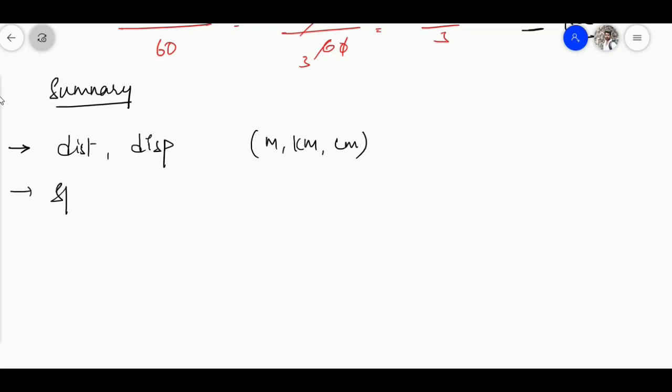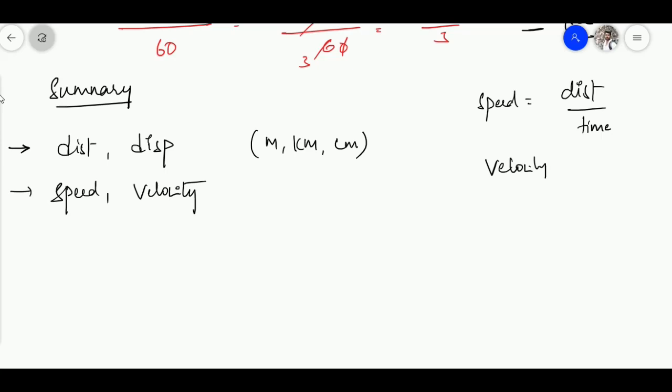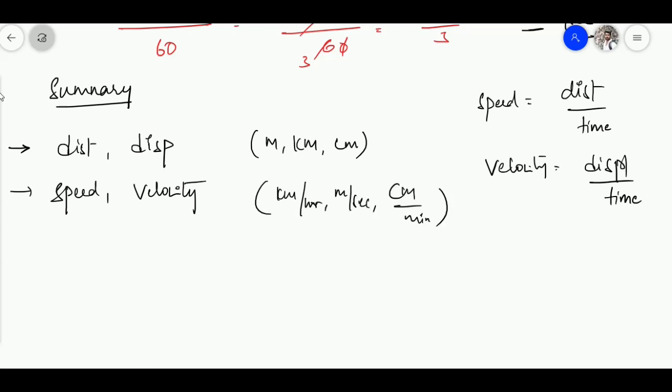And coming to speed and velocity, I forgot to say the very basic formulas. Speed equals distance by time, which I already discussed. Coming to velocity, it is displacement by time. Speed and velocity will have units of kilometer per hour, meter per second, centimeter per minute, whatever. But meter per second is the standard. And coming to the acceleration,